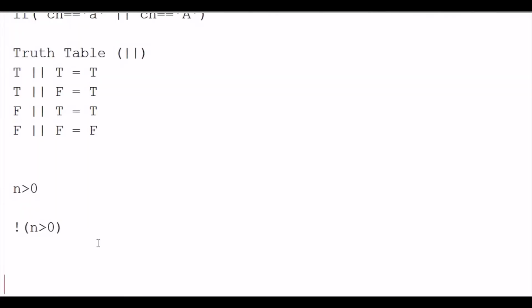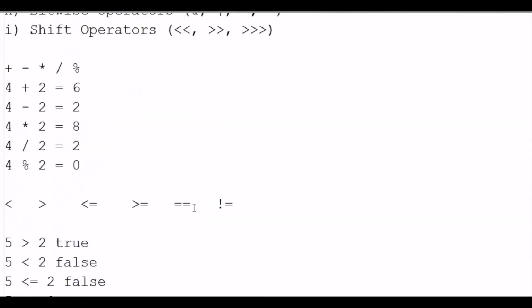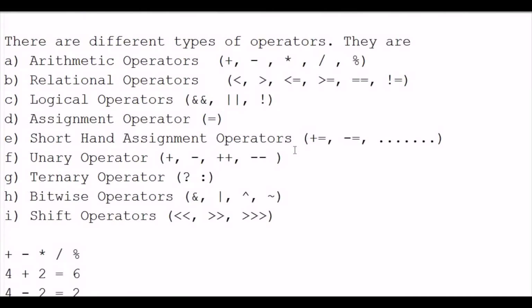For example, we have to assign 4 to a variable A. When there is a need to assign a value to a variable, we use the assignment operator. Just is equal to is called the assignment operator, and it is used to assign a value to a variable. Then we have shorthand assignment operators. Under shorthand assignment operators, we have plus is equal to, minus is equal to, into is equal to.